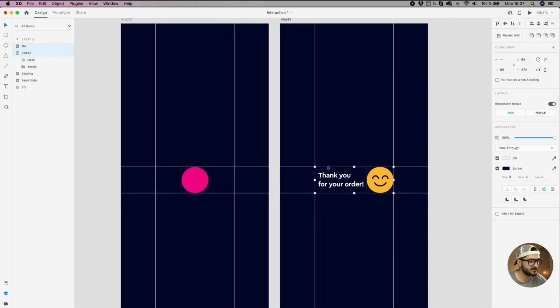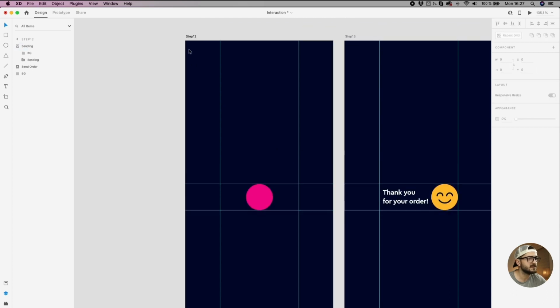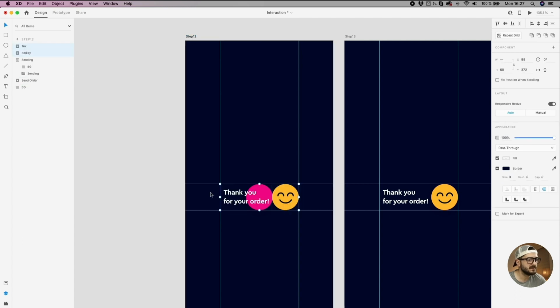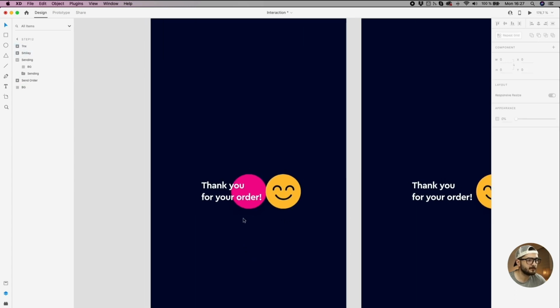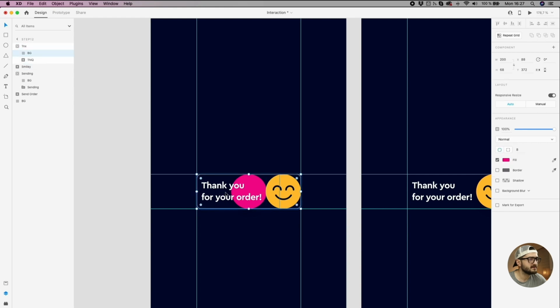Make sure you have them both selected. Make a copy and select the artboard, this artboard, and paste it in place. So get inside first. Let's get the thank you done,